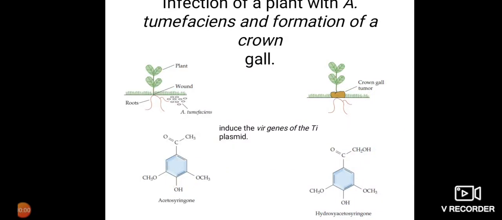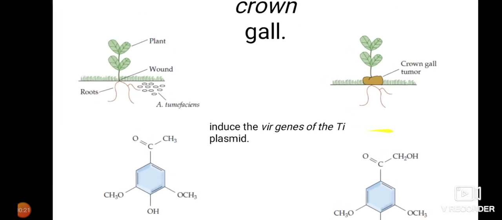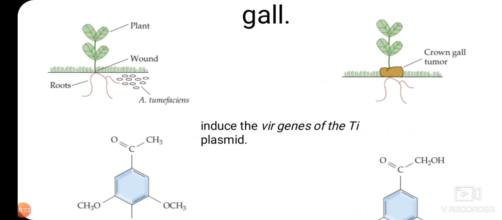Hello students, I was discussing plant biotechnology and the introduction of recombinant DNA, or our target DNA, into the plant cell. So how to make the transformation and how to actually insert a particular DNA into the plant cell? In order to do that we need vectors, and the problem in the case of plants I explained in the last class.